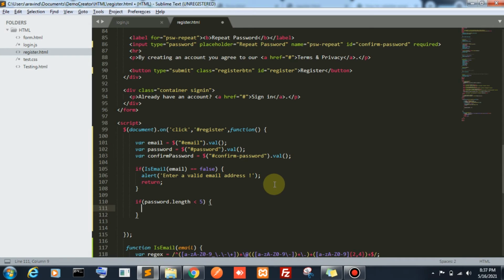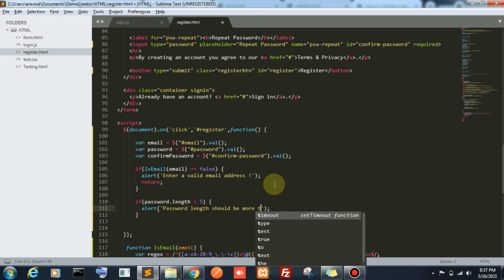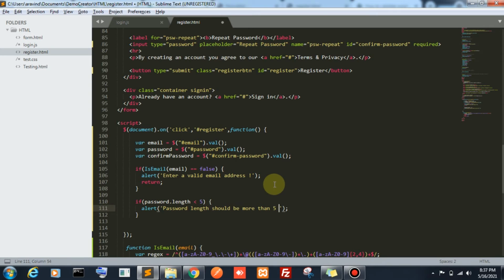If the password is less than 5 characters, it should show an alert: password length should be more than 5 characters.